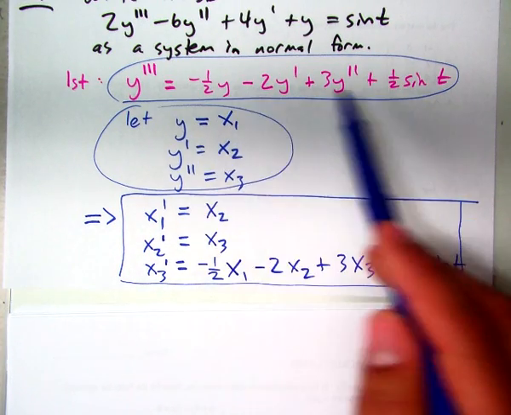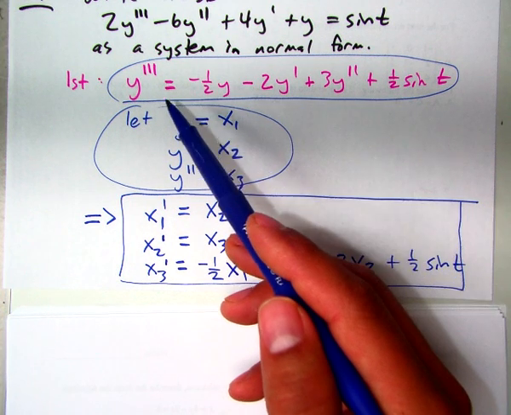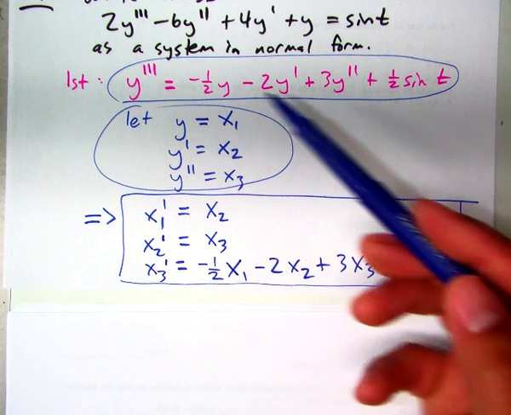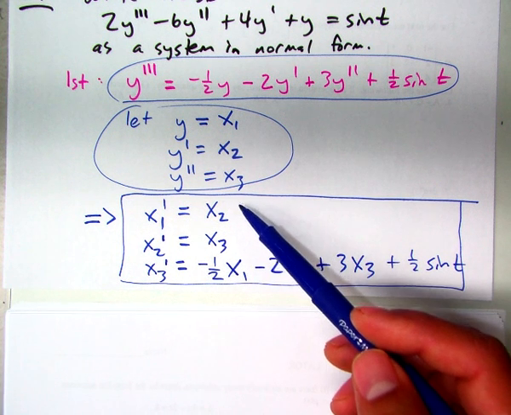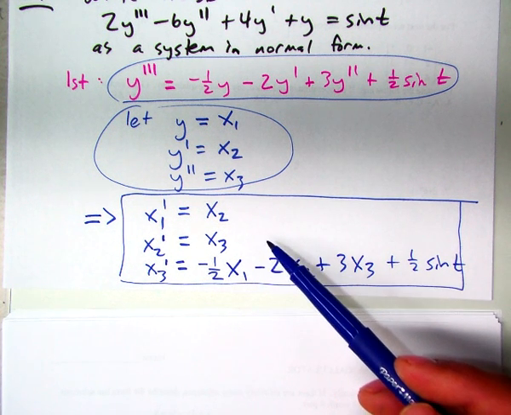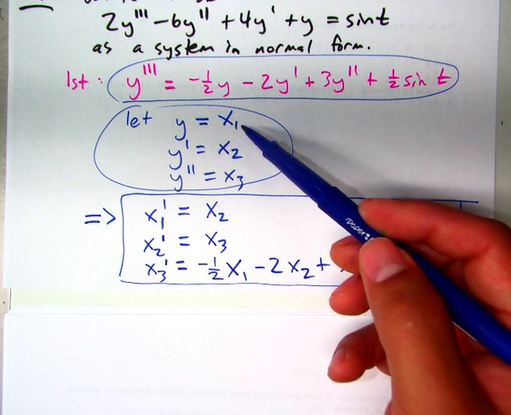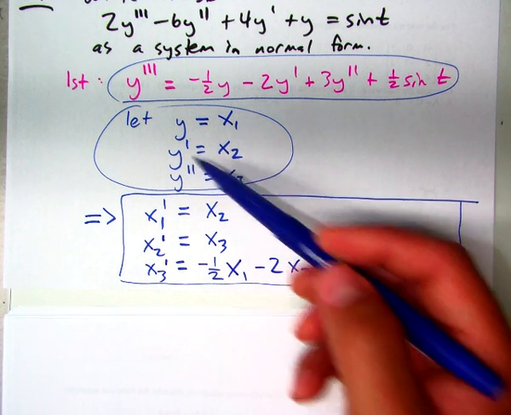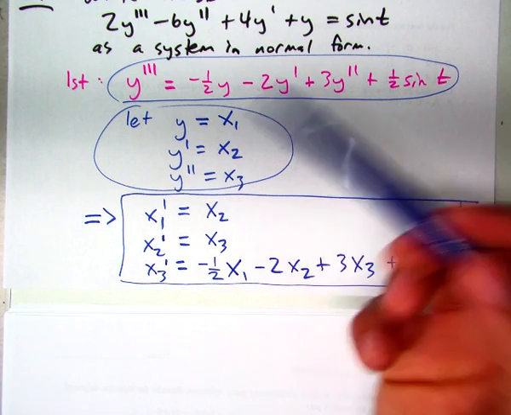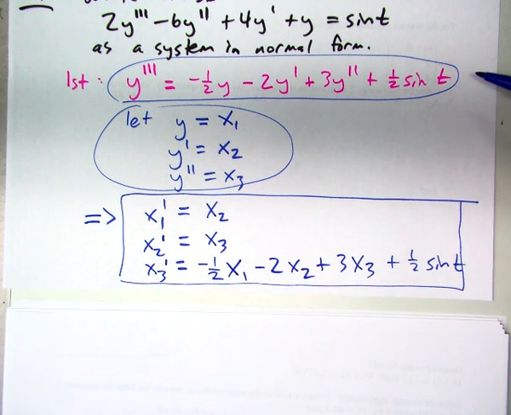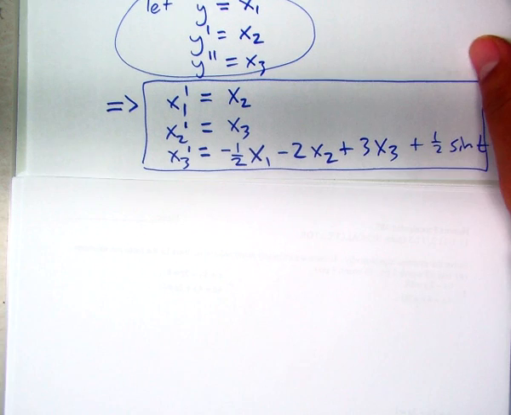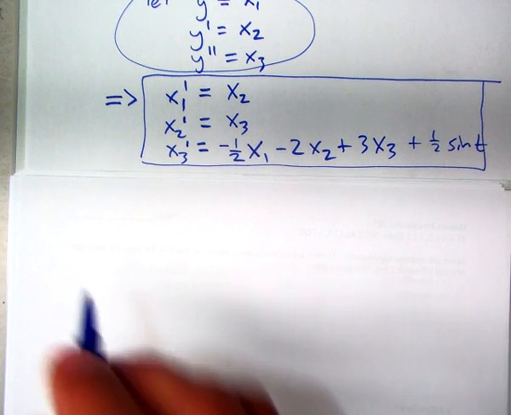when you have this differential equation, ultimately what you want to know is what the solution for y is. You want to know what y of t equals, right? Well, it may be easier to actually treat it as a system where you can just find x1, x2, and x3 simultaneously. Okay, and if you know what x1, x2, and x3 are, well, not only do you know what y is, but you know what all the derivatives are as well. Okay, so that's kind of the use for taking a higher order equation, reducing it to a system of just linear equations. Okay,